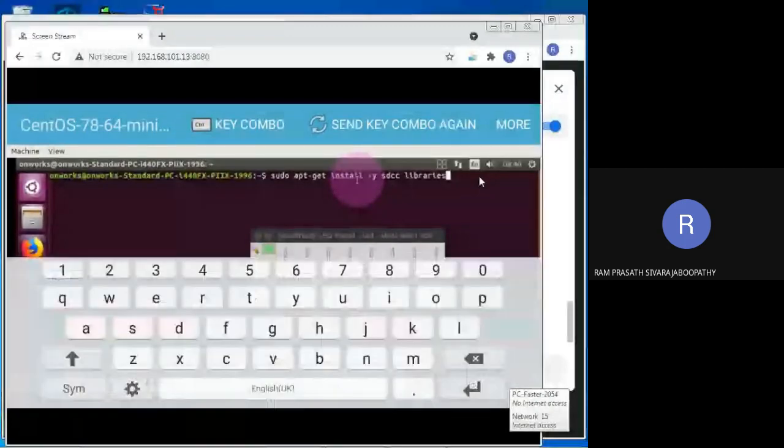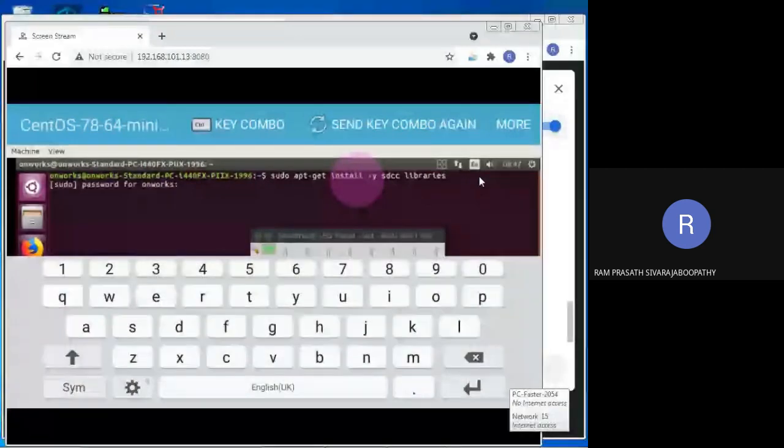Yes, it is asking the password, 123456. Click on enter. I think, wait a minute, I think I typed it wrongly. 123456. Enter.